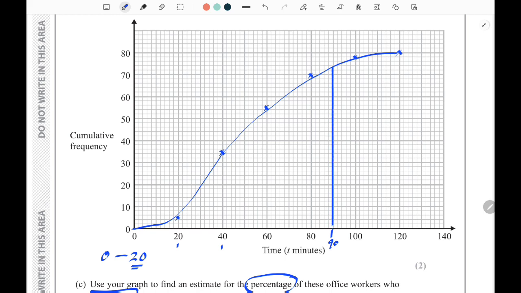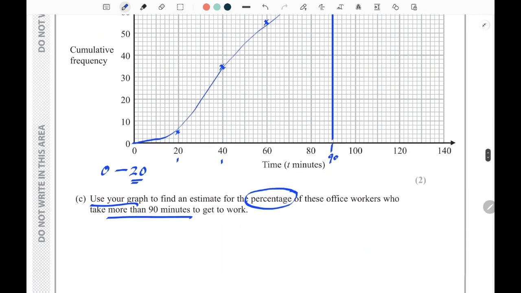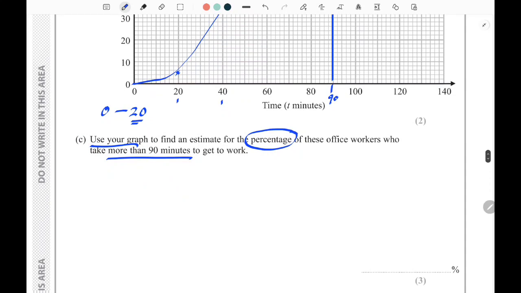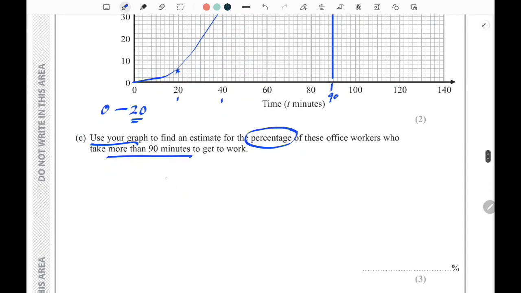I can cheat because my one makes the line straight for me. And let's take this here. Reading off that value there, you've got 74. And remember that the total number was 80. So the number that take longer than 90